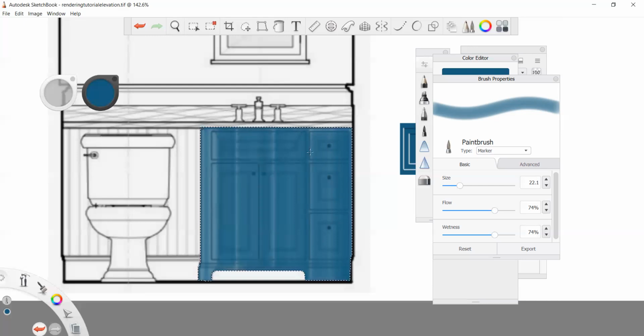And leave some room for some reflection, as you can see here. So that's one of the first steps that we do to use the paintbrush as a marker, and start rendering